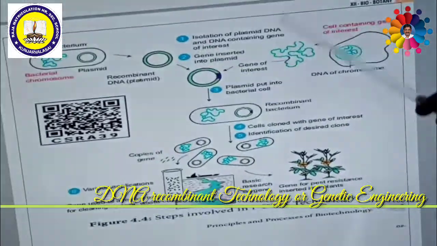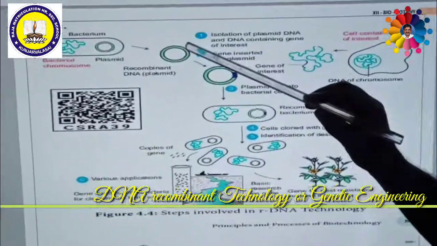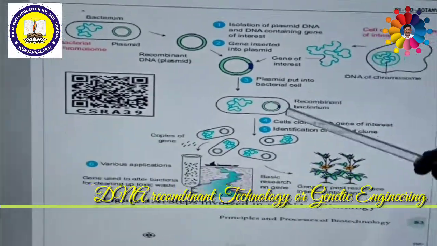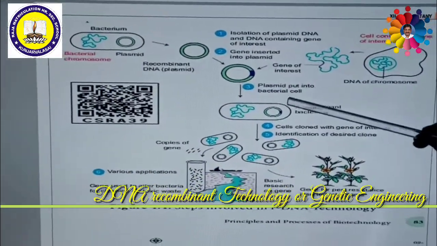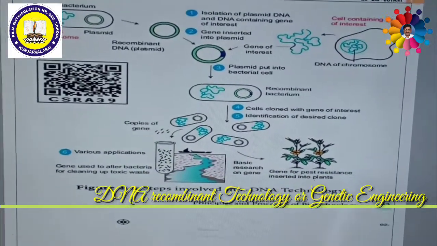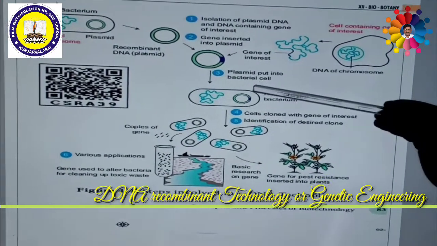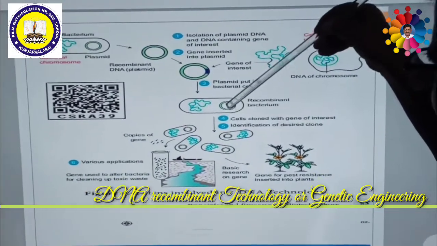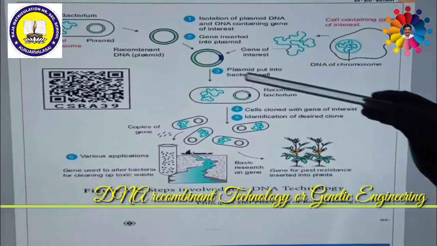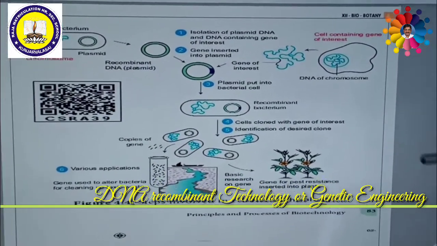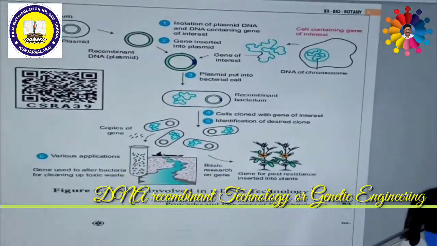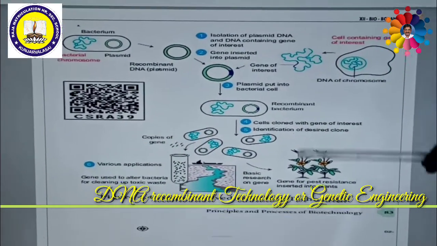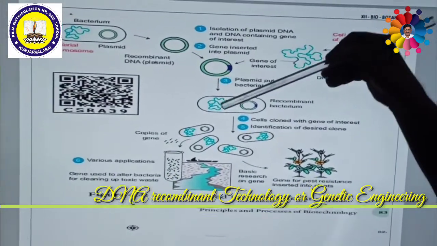Then with the help of DNA restriction enzymes, we can cut both the plasmid as well as the gene of interest and paste them with the help of DNA ligase. Then they have to be inserted in a vector bacteria. With the help of various enzymes, we have to penetrate inside. In order to insert this rDNA, we have to use a lot of techniques. What techniques can be used? Either the gene gun method, or the electroporation method, or the liposome method. A lot of methods are there. With the help of these methods, we can insert this DNA.